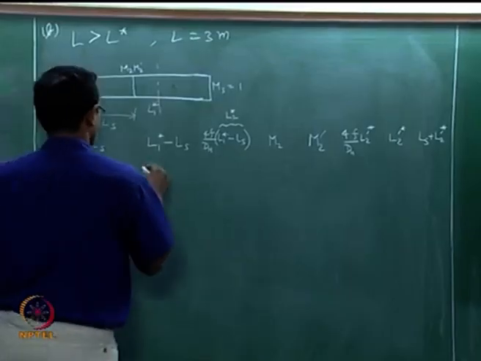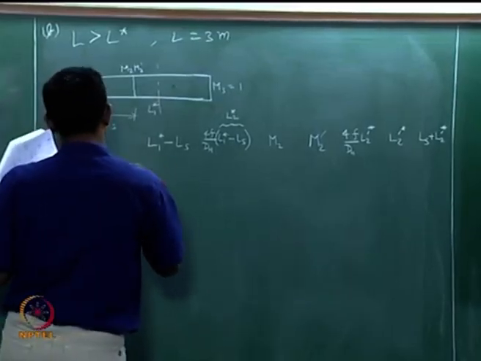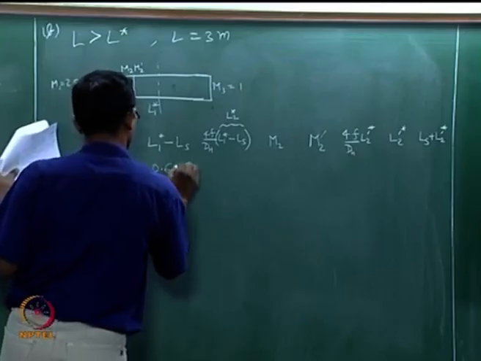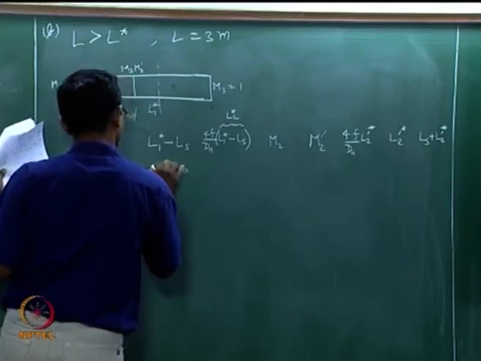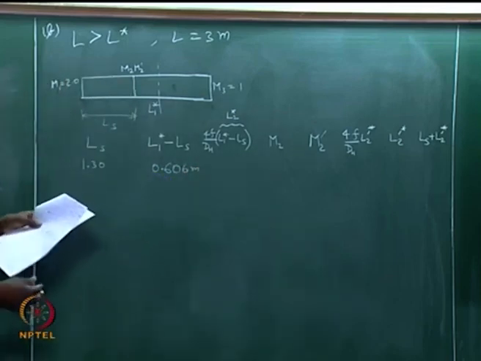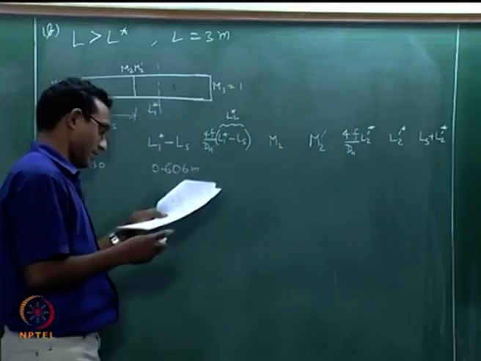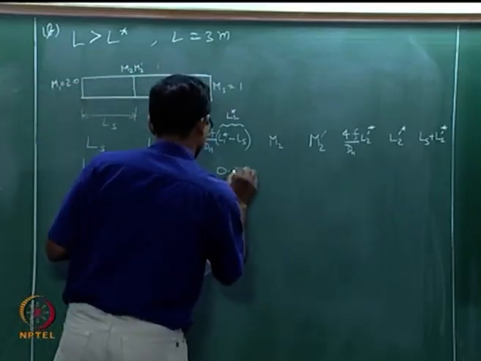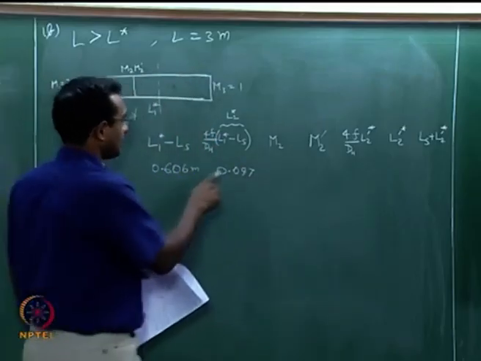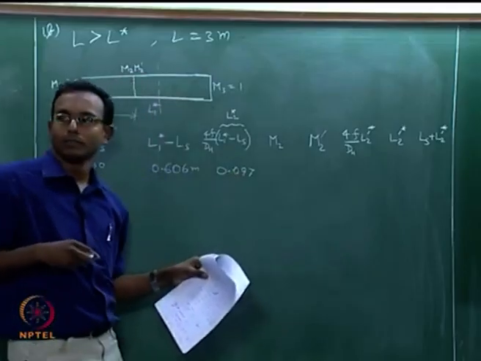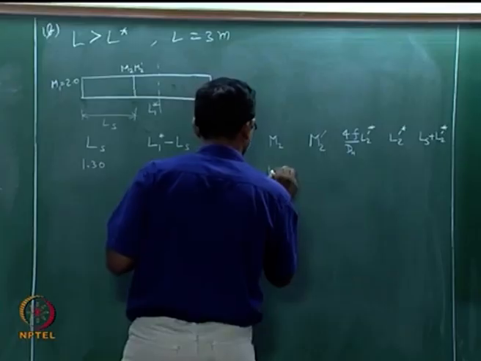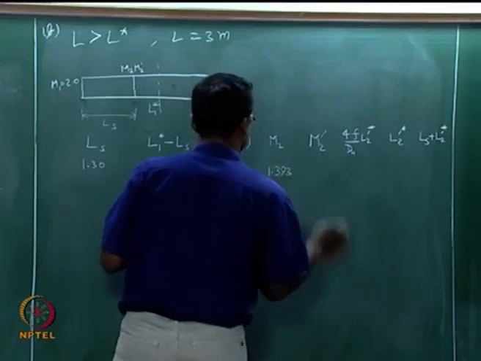So, I can get L1 star minus Ls, that will be 0.606 meters. From here I am going to get 4f L2 star by Dh, that number happens to be 0.097. From this I can back calculate, I can go to my Fanno flow tables, get a Mach number for gamma equal to 1.4, 1.393 is my Mach number,